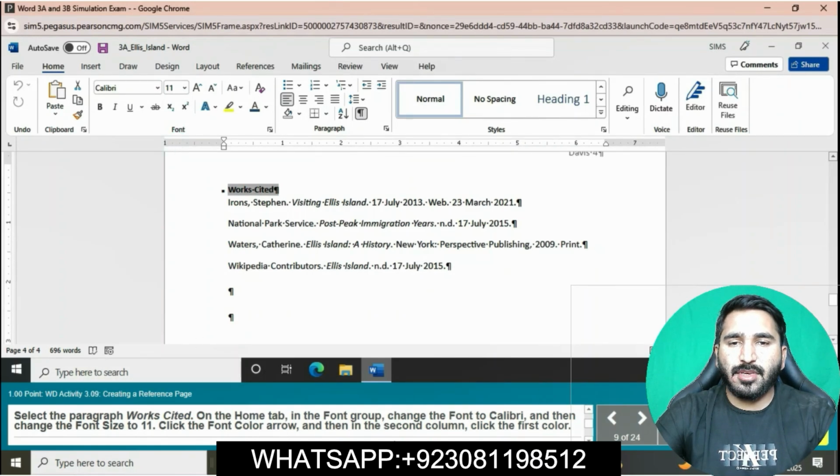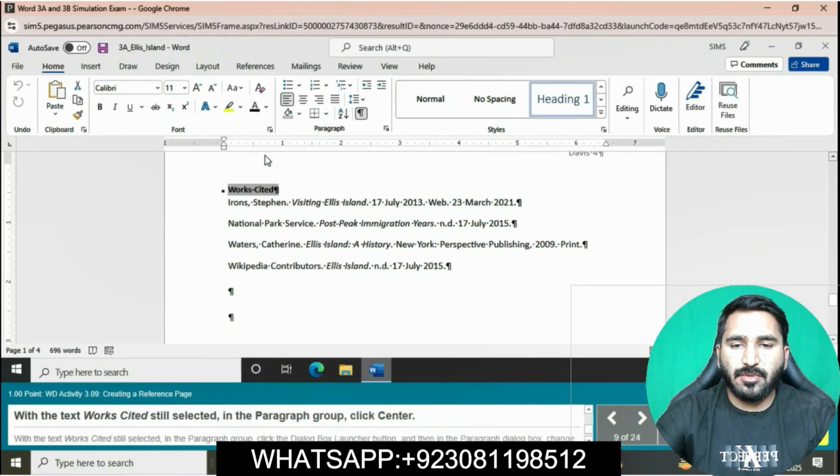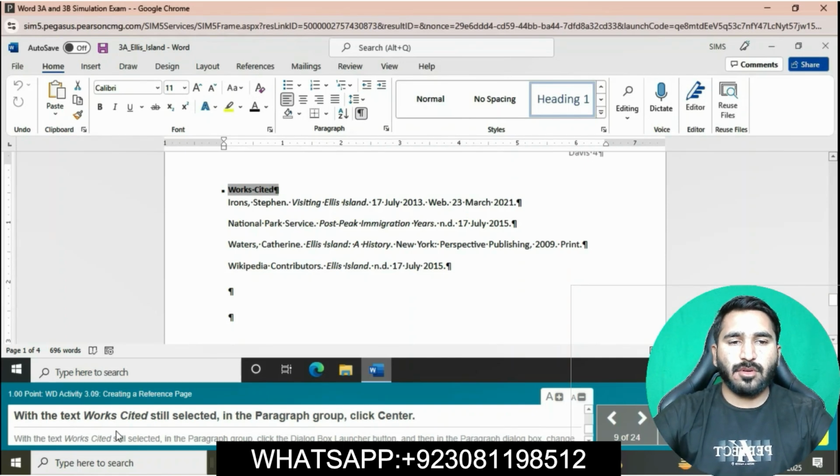Sorry, 14. And then the font color arrow, in the second column, the black Text 1 font color. With the text Works Cited still selected, in the Paragraph group click Center. We will apply center alignment on this paragraph.